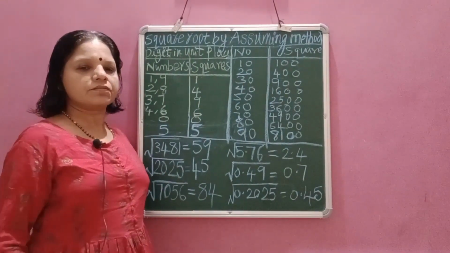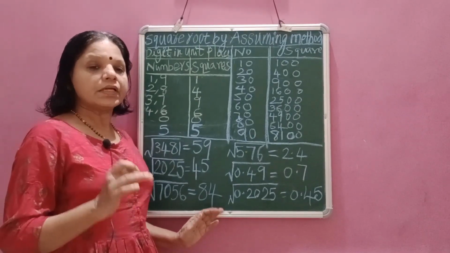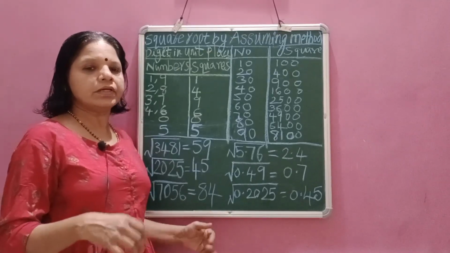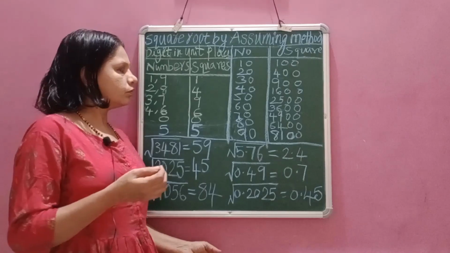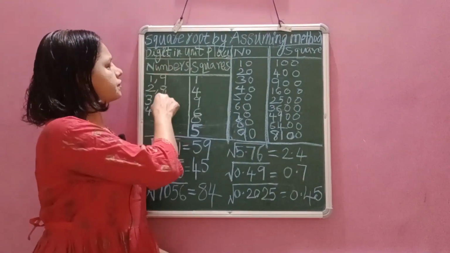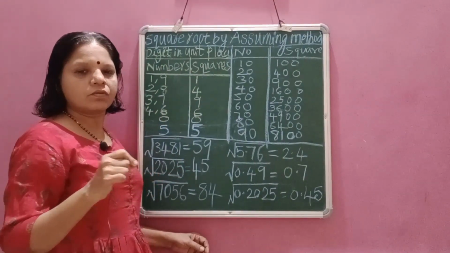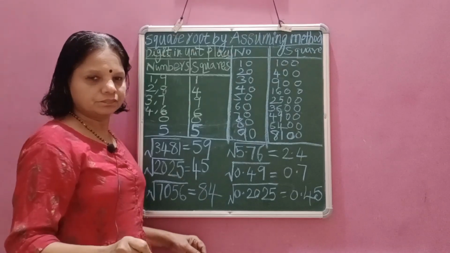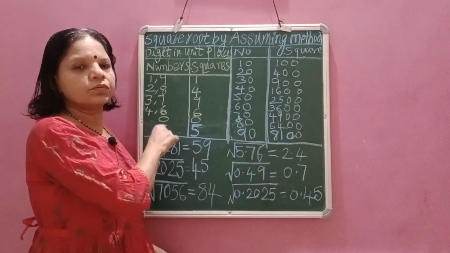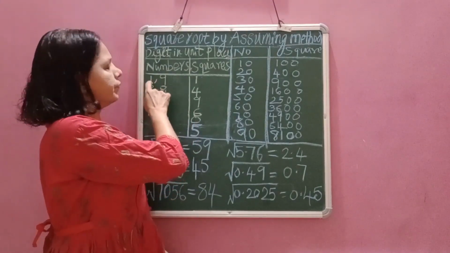Actually, I have drawn these tables here. This you have to assume in your mind. Once you get practice, you will be expert at that. So look at the first table. In the first column, the number and the square. You know that squares and square roots are opposites of each other. So these are the digits in the units place. Digit in the units place of the number